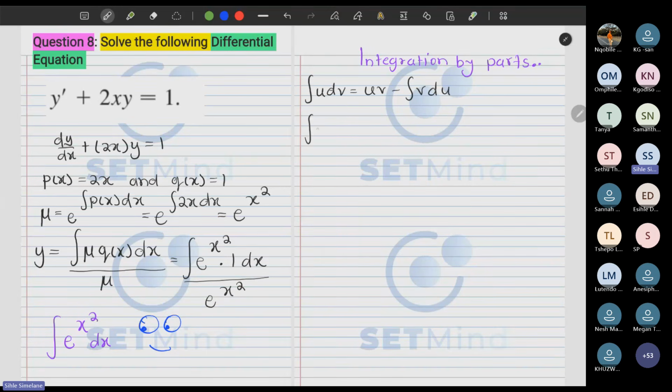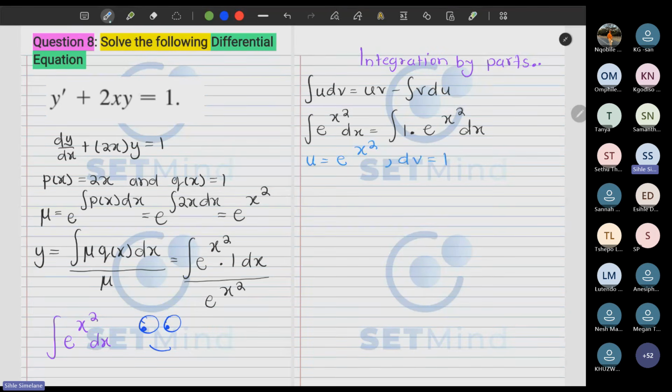So when I'm looking at this here, e to the power of x squared dx, I'm going to make it to be the integral of 1 times e to the x squared dx. Then our u is always the function that is easier to differentiate than to integrate. So if you observe carefully, our u here should be e to the x squared,